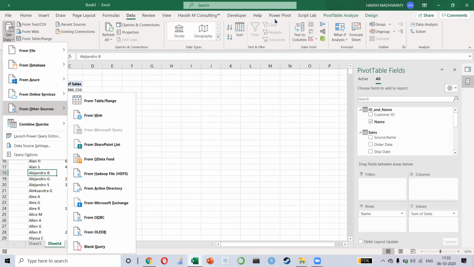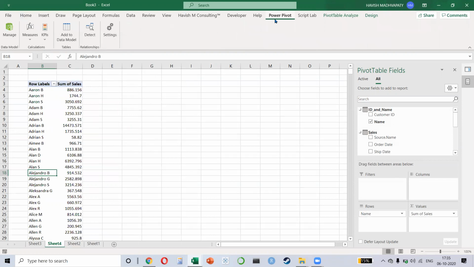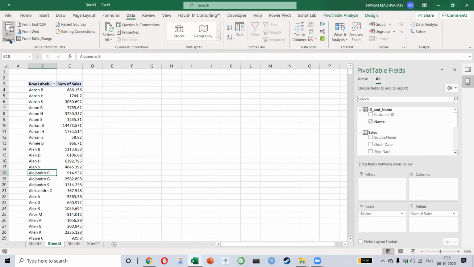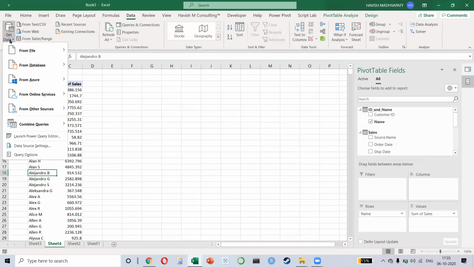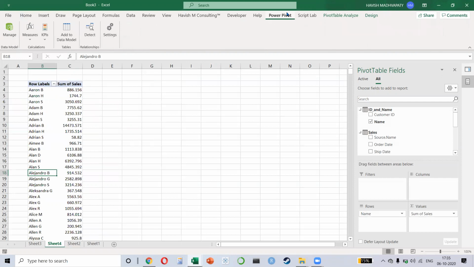And what is Power Pivot? Power Pivot is a database model which allows you to connect multiple files with each other. Power Query is an ETL tool. It allows you to extract, transform, and load data. But Power Pivot gives you the capability of combining multiple files using a model. There are a lot of areas where you would be confused because the same task can be done using both of them, either using Power Query or using Power Pivot. And that's the beauty of it. The more you learn, the better you understand which one to use in which instance, right?